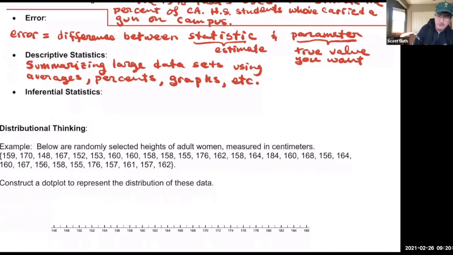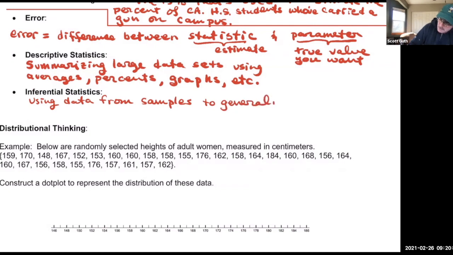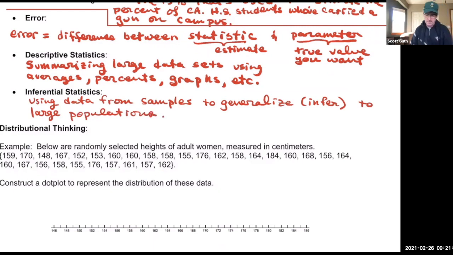And then inferential statistics is really what I was talking about before. This is using statistical data, that is data from samples, to generalize, or as we say, infer, to large populations. Any questions? Okay, so